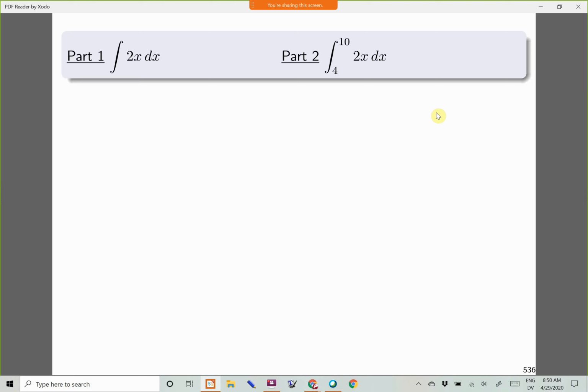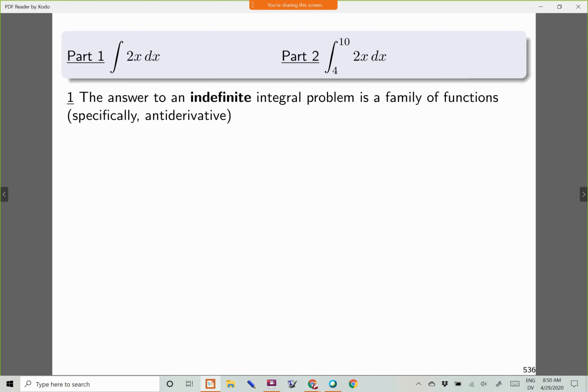But there's the indefinite integral, part one. There's the definite integral. Same function. It's just, is there a 4 and 10 written on the integral sign or not? So part one, just the thing to keep in mind here is that these are different creatures, right? They just seem so different. Today's class is trying to figure out what is the connection between these things because the thought processes are totally different. The final answer to an indefinite integral problem like this is a function,